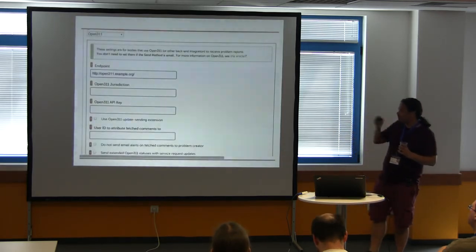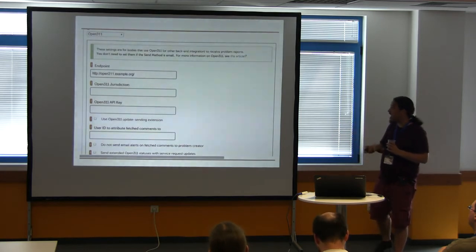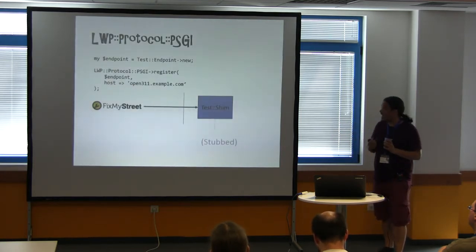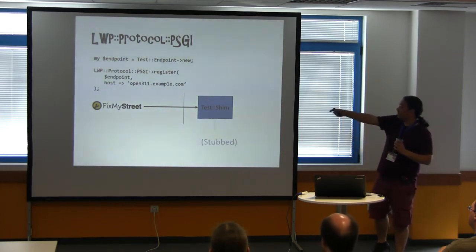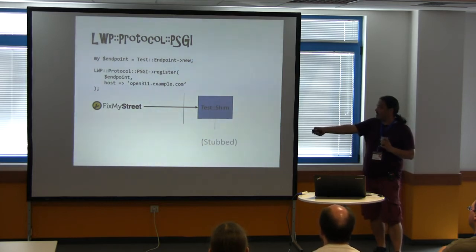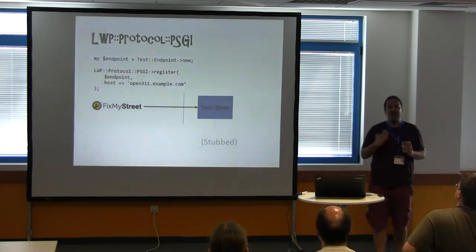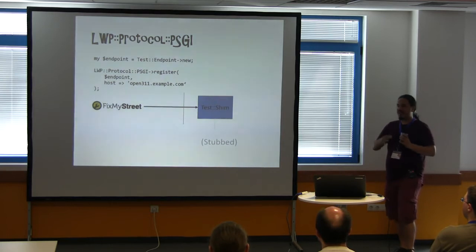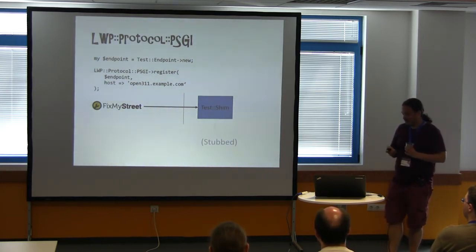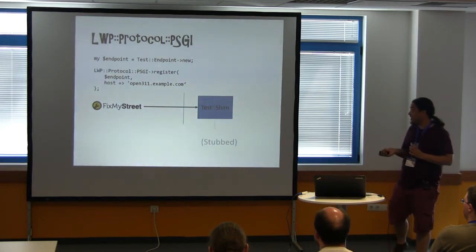And so, for example, here's one of our admin pages where we can say, here's the endpoint API that we want to connect to. And there's a wonderful module, part of the Plack and PSGI chain, which allows you to say that whole URL should actually be silently diverted to a bit of code. So you don't need to spawn another process, which is always kind of buggy and problematic. If things fail, you've suddenly got loads of processes hanging on, taking up resources and so on. So that's really quite cute.